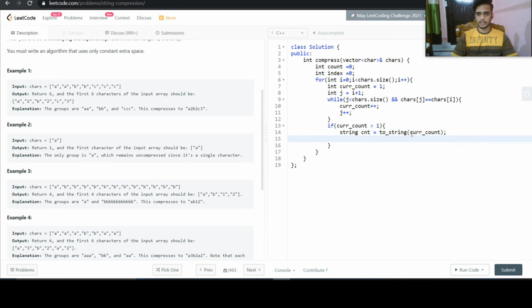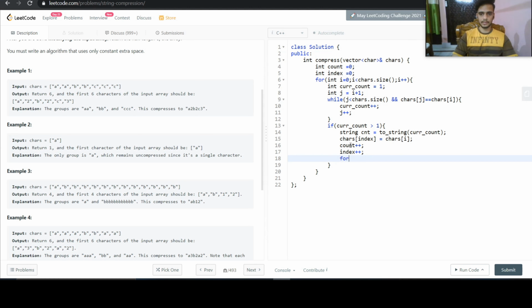So we have converted the count to a string, and now in chars of index we will store the character that we were parsing. So chars of i, and one character is stored, so we will just do count plus plus and index plus plus.